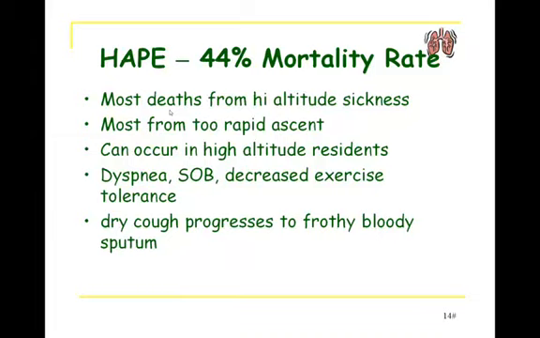But also keep in mind, the Sherpas, the Incas, any of those people who live and work at high altitudes, they still can develop high altitude pulmonary edema and high altitude cerebral edema, because when they come up, they move down, they still have to ascend slowly, just like anybody else. So it can occur in these people too. They have difficulty breathing, that's dyspnea. The SOB is shortness of breath. They can't exercise as much. They're going to expend a lot of energy just breathing.